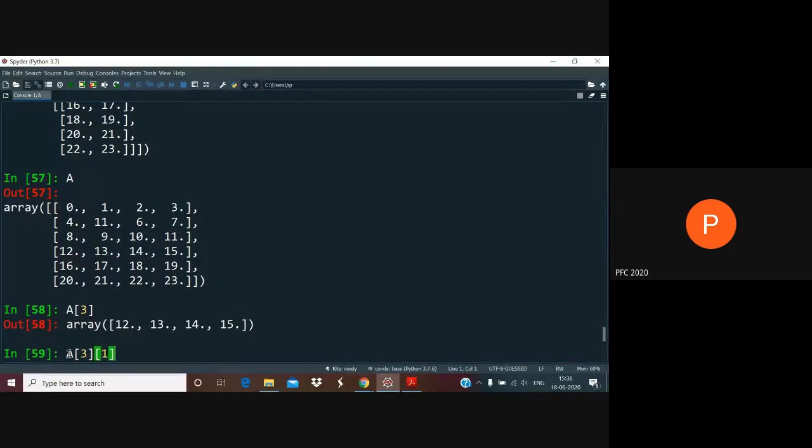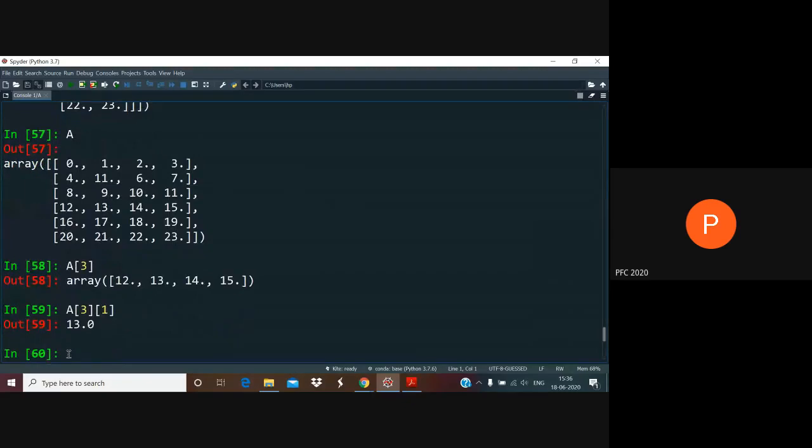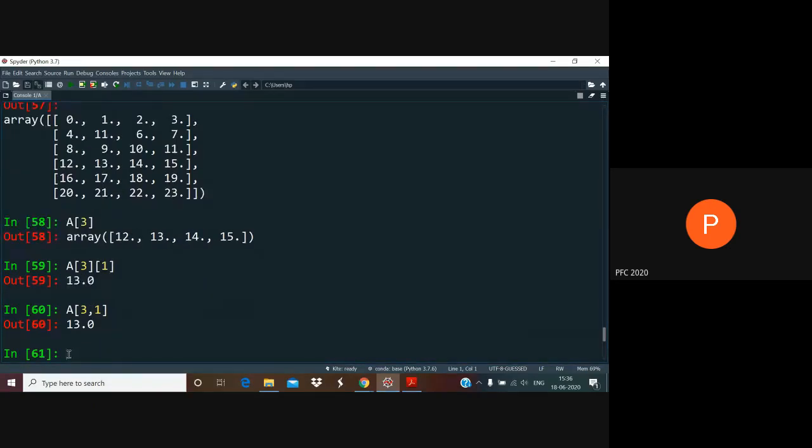In lists, we would have done something like this. In arrays also, we can of course do this. We just did it and it worked. But the natural way of referring to the 3, 1 element of an array actually is this. Not only is this more natural, this looks more like what we use in matrices, but more importantly, this actually accesses the elements a lot faster.